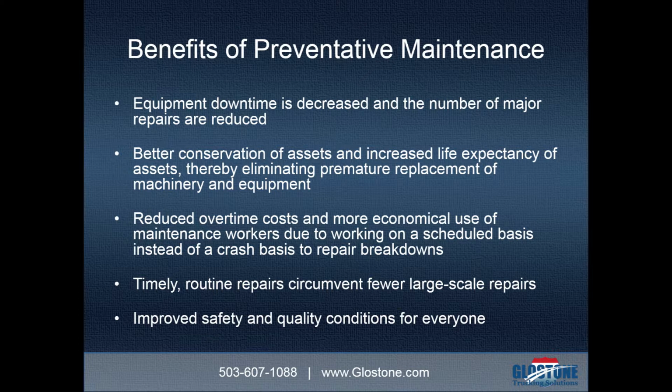But if there is, for some reason, a mechanical failure that results in an accident, and you have not routinely maintained your vehicles, your company's opening themselves up to the possibility of being liable for the incident. For example, if a company has an accident due to a brake failure, the truck may be post-accident inspected. If they can determine that the brakes were not working properly in the post-accident inspection and may have contributed to the accident, then they're going to seek a court order to obtain the vehicle maintenance records. If the operation fails to practice preventive maintenance under these circumstances, you could be prosecuted for a negligent act,